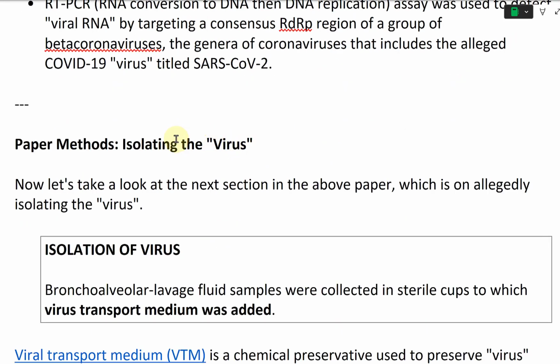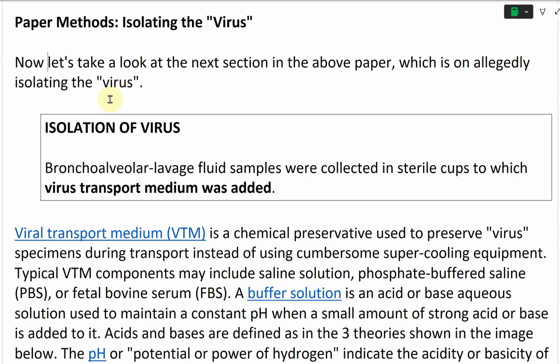Alright, so now let's take a look at the next section, and this is on the paper methods, and the first part of it is going to be on isolating the "virus." So now let's take a look at the next section in the above paper, which is on allegedly isolating the "virus," and this paper starts off over here. So, isolation of virus,